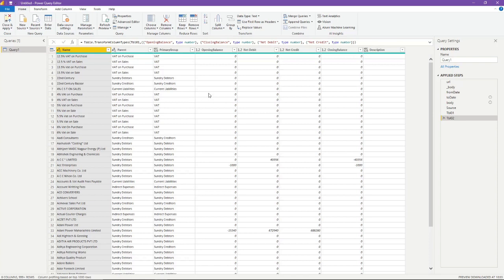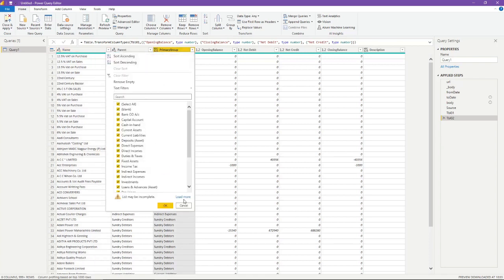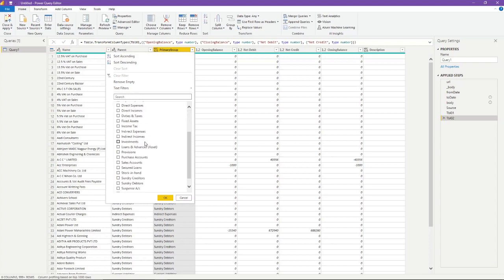Okay, now let's do some modifications or processing. Basically, I'm interested only in those ledgers of the group where the primary group is sundry debtors. Okay, so I will click here, click load more. Okay, and we will just select sundry debtors because we want the top 5 debtors or receivables.